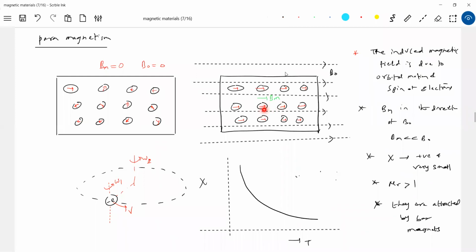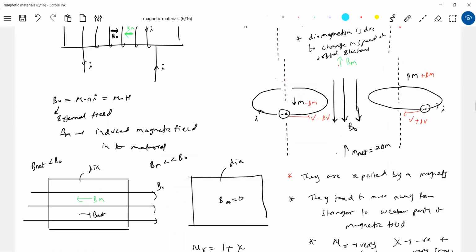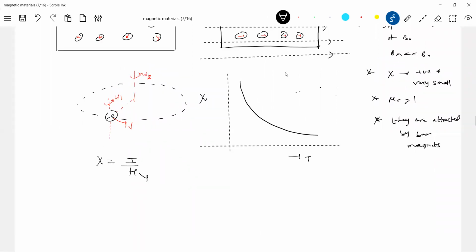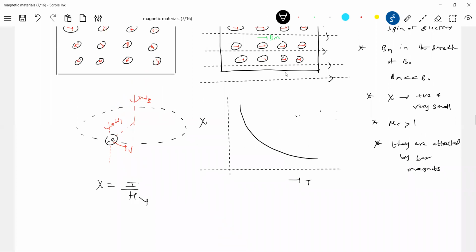Intensity of magnetization decreases. If intensity of magnetization decreases, we have defined one quantity: H is something which is external, no? Inside the solenoid, it depends on the solenoid. So definitely, as the net dipole moment decreases, I will decrease, and chi will decrease. So therefore, I'm putting this one here. This is some sort of rectangular hyperbola where the relationship is given by this one. This C is called the Curie temperature. Very important. You get plenty of numericals based on this data.